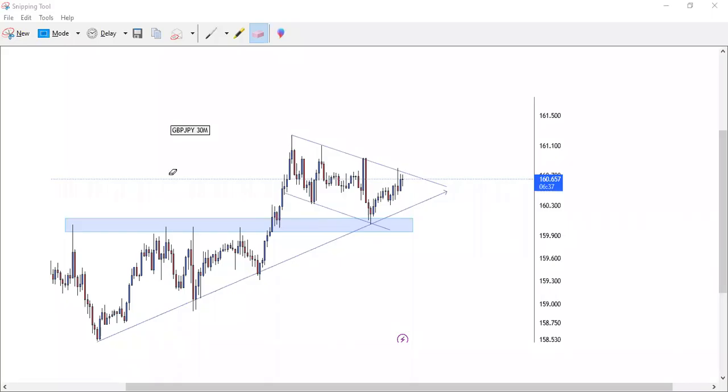Okay, so this is just a quick analysis video. I'm looking at GJ. GJ is actually my favorite currency pair to trade due to its simple movements and large moves. Okay, so what you basically have here on the 30-minute chart is obviously a clear uptrend because this market